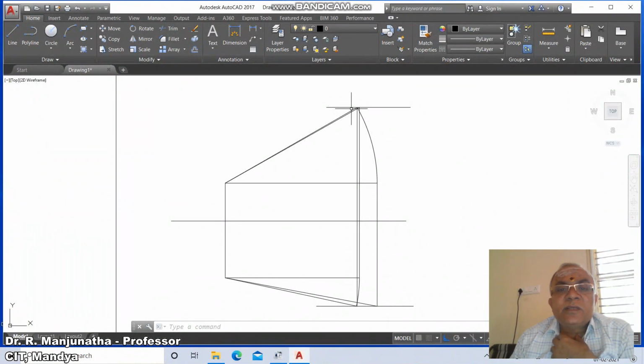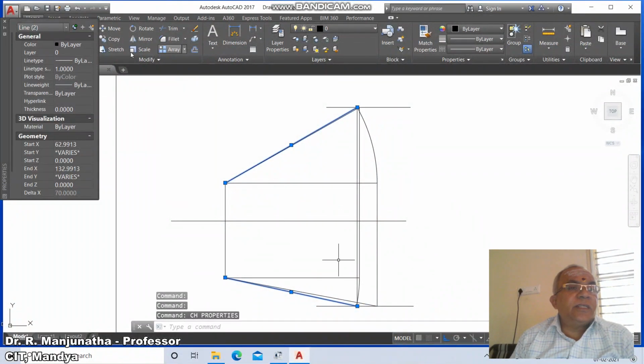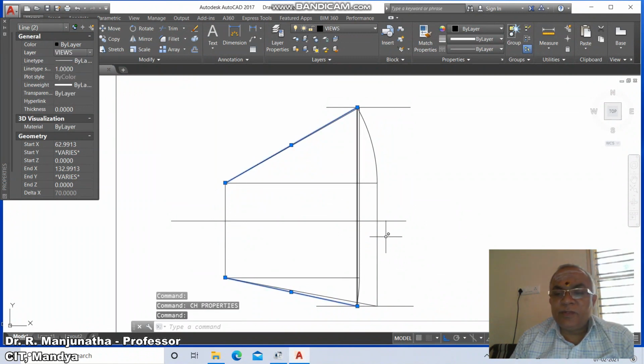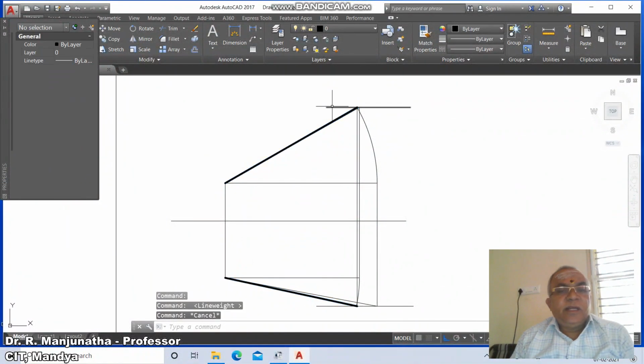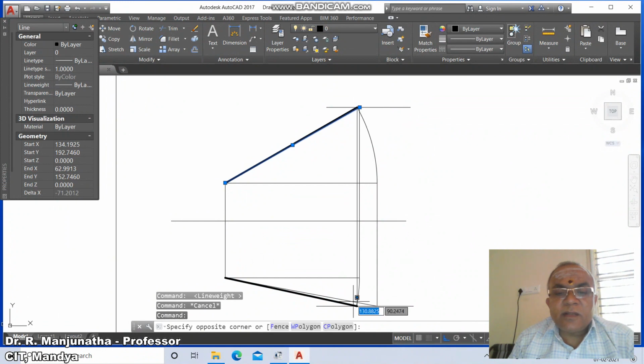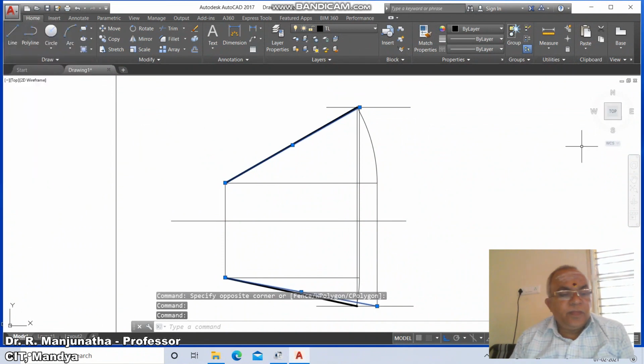Then select on this, the front view, and select on this, you're going to get the top view. So go to CH and go to layer, make that as views. You click on views and change this line weight display on. Then again you come down to this line and also this line. Of course both are the same layer. Come down to true length, you just click on this true length